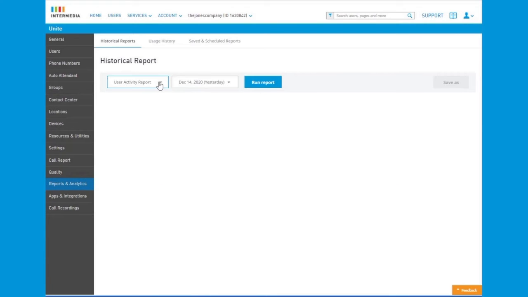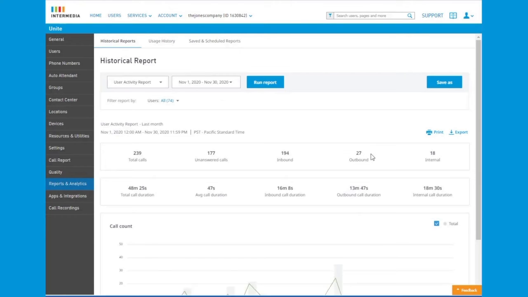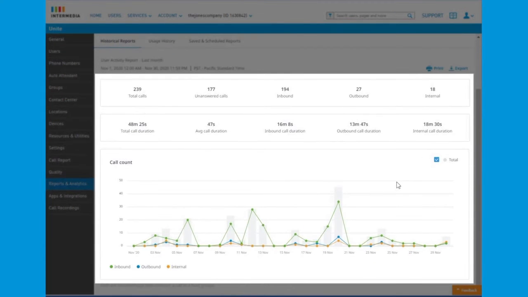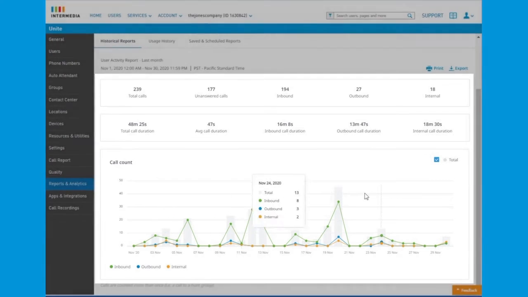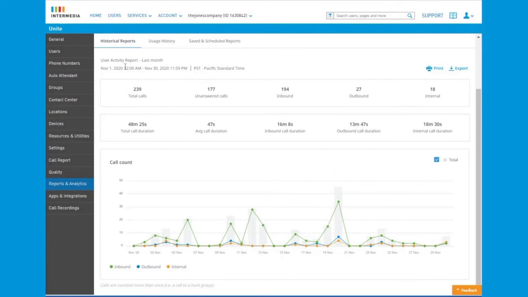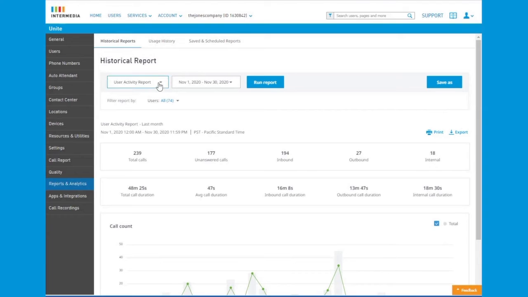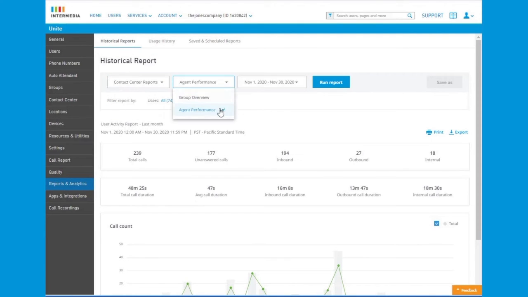The Reports and Analytics tab allows the administrator to view both user and contact center reports. The user report details specific data around calls, whether unanswered, inbound, outbound, or internal, and allows the administrator to look at calls over time. The contact center reports allow the administrator to view the right KPIs for managing specialized support